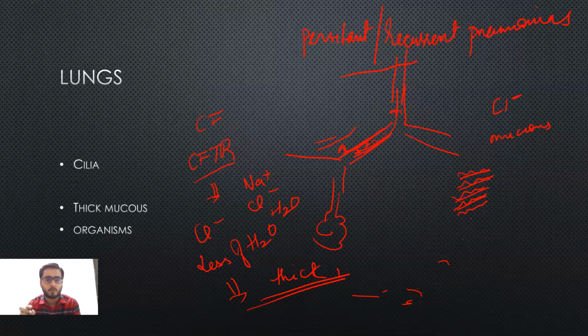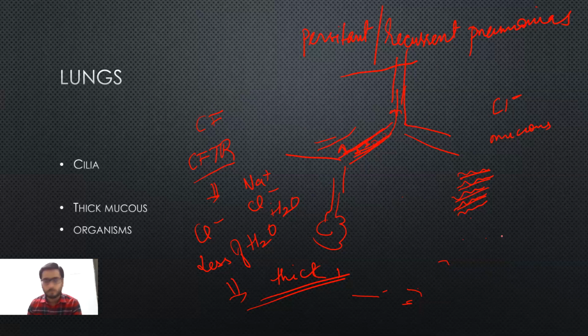But in cystic fibrosis, because the mucus is thick and the mucociliary action is improper, the mucus is not able to go outside. There can be blockage and increased lodgement of bacteria. I will be telling about the organisms ahead. There will be many organisms. So the patient will have recurrent pneumonias. There will be airway blockage leading to bronchiectasis and bronchiolitis. The patient will present like this, ultimately with recurrent pneumonias, and can also have respiratory failure.